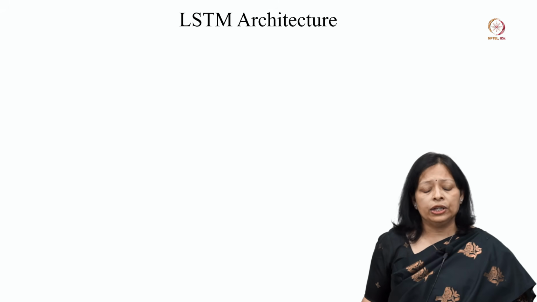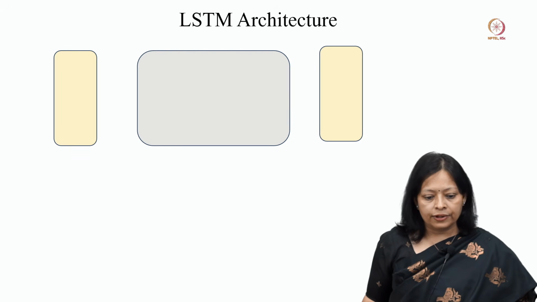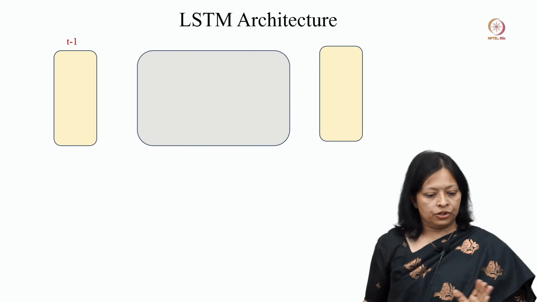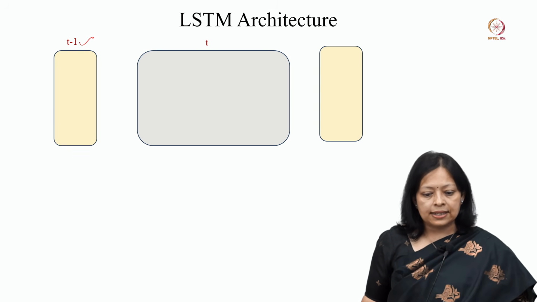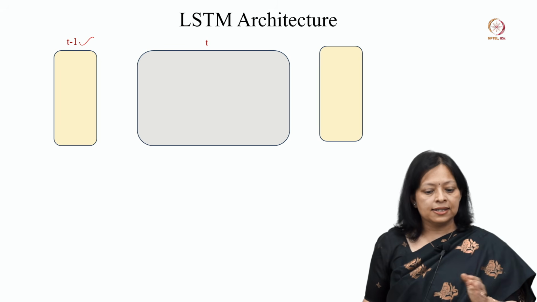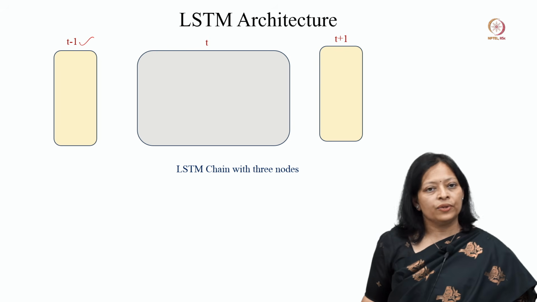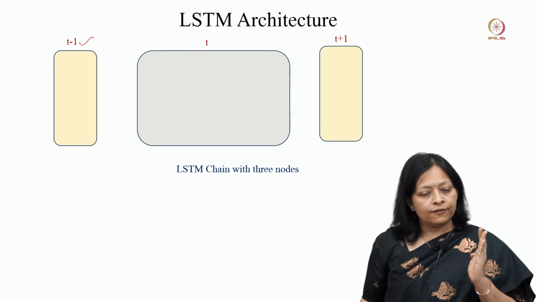Now, we will have a look into the LSTM architecture in more detail. We have here a 3 node LSTM structure. This is my T minus 1 node, this is the Tth instance, and this is the T plus 1 instance. So, this is an LSTM chain with 3 nodes. Now, we will see what happens in these 3 nodes, how the information is passing